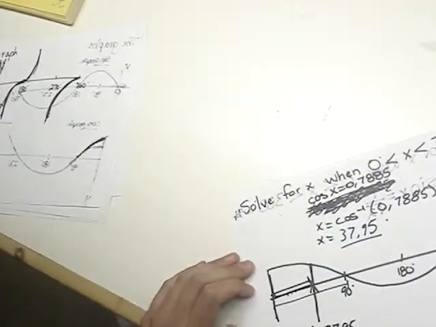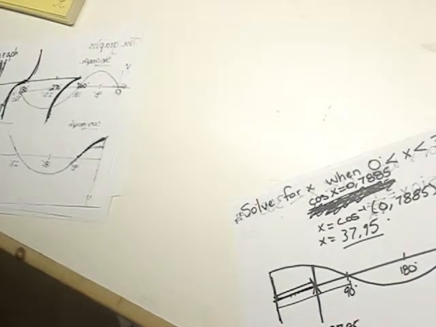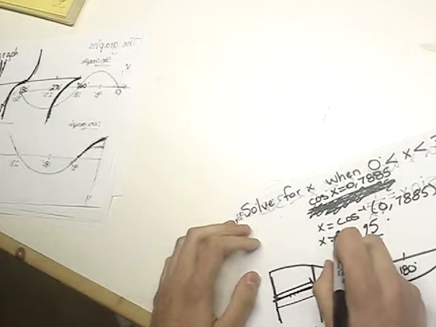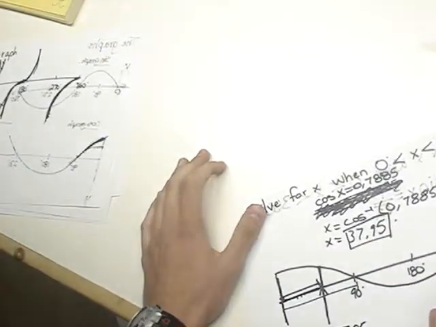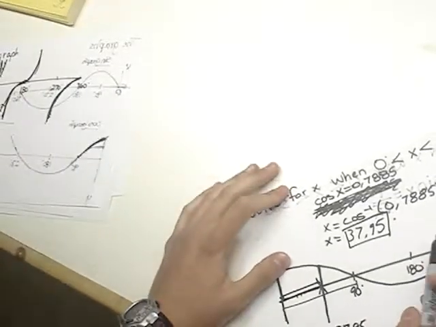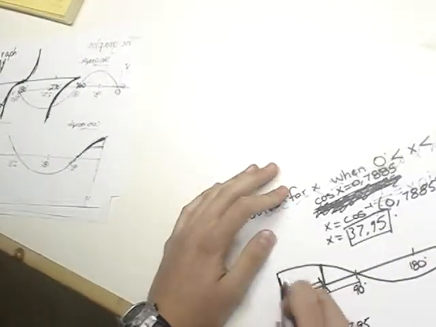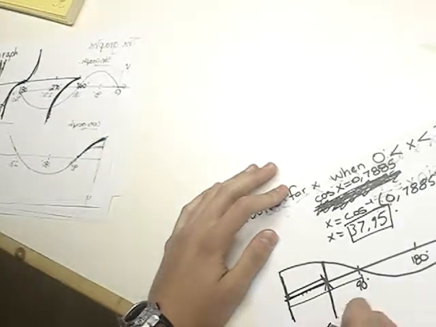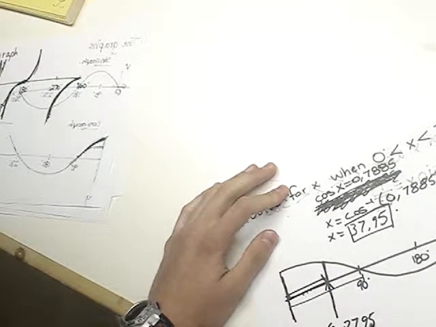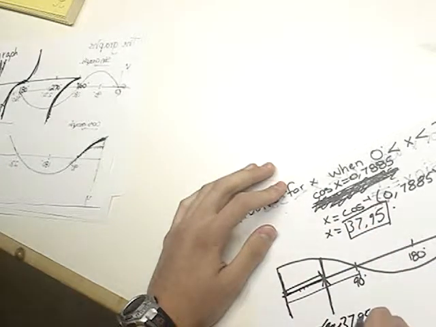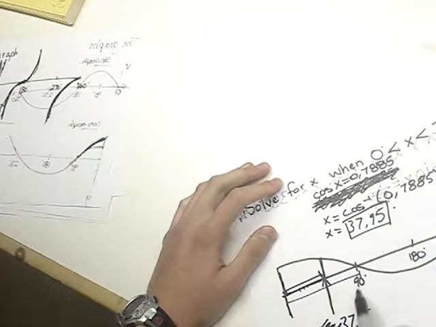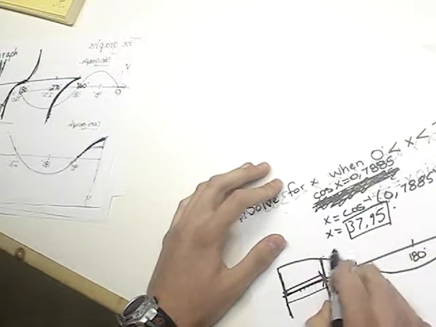Solve for x when x is between 0 and 360 degrees to 3 decimal places. Okay, well, if you go through, you will get the answer the calculator gave you, which is 37.95. Okay, so if you draw a quick little sketch of the cosine graph, just like I have already done here, I place 37.95, which is the answer I got from the calculator here. Now if you look at the symmetry of the graph,